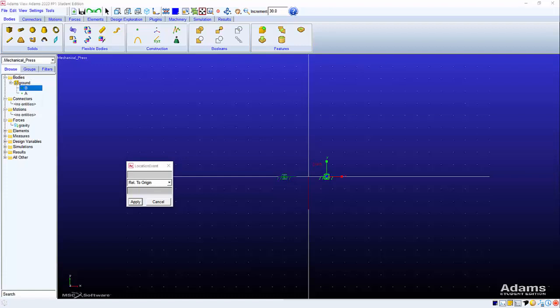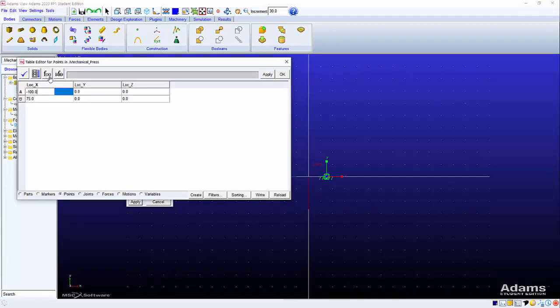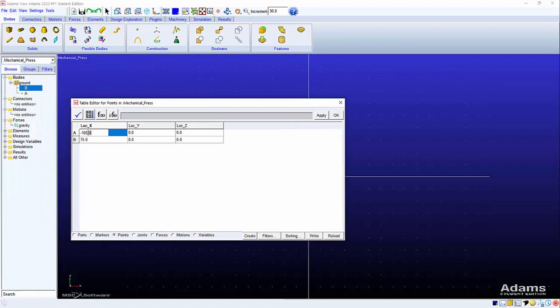I made a mistake in defining the coordinates of point B. Point B actually should be located at 100, not 75. So how do I change the coordinates of point B? I can right click on point B and select modify. Actually it gives me this very nice window